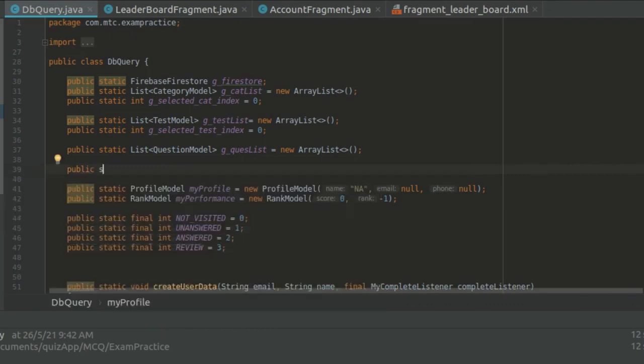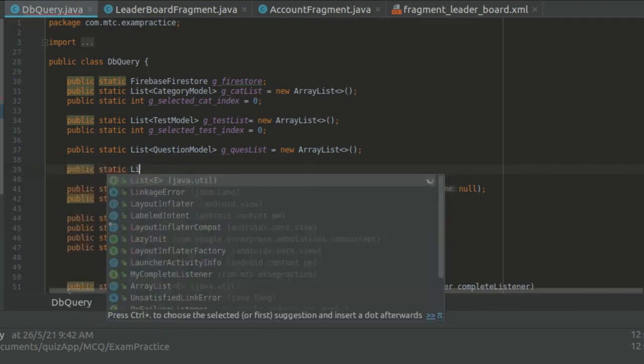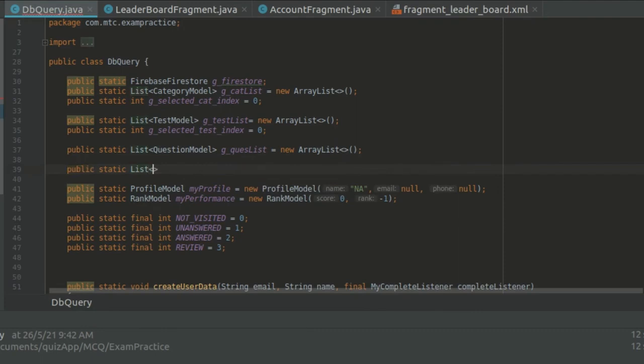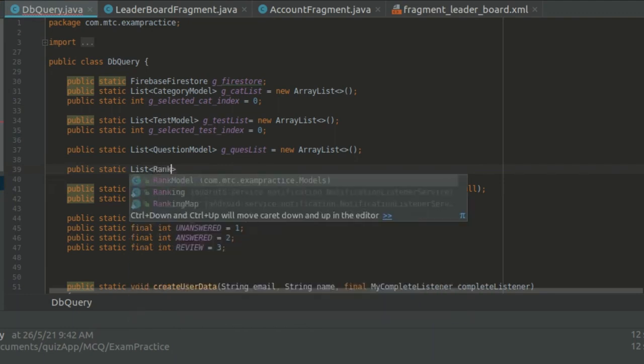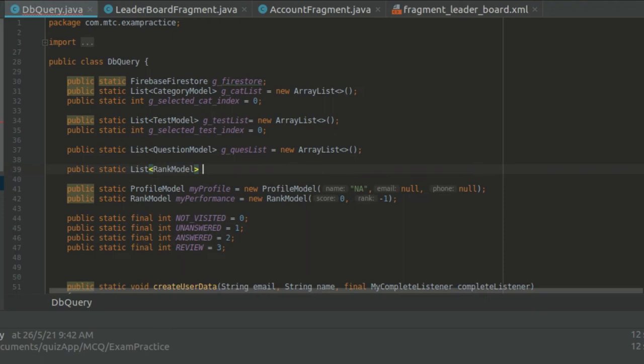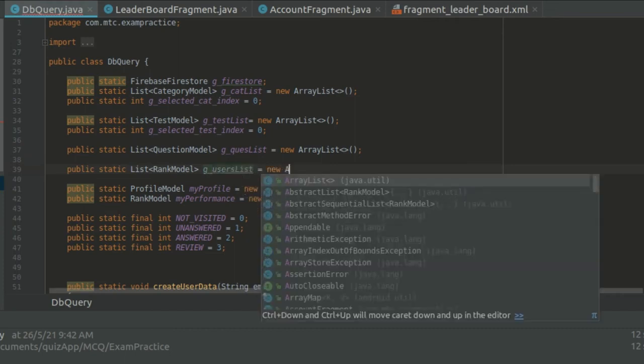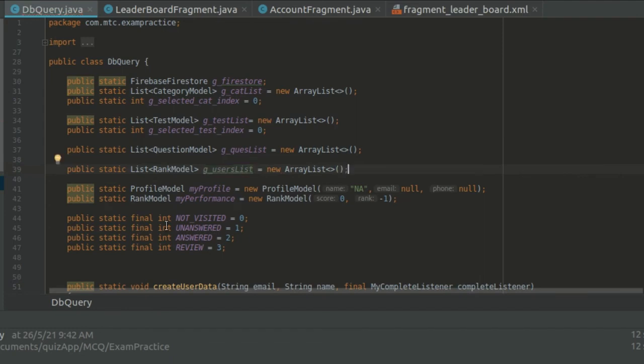So public static list of users. Do we have what we have in our models? We have a rank model. So list of rank model class, and we will name it g underscore users list is equal to new array list. And in this